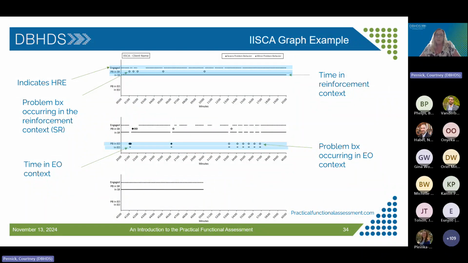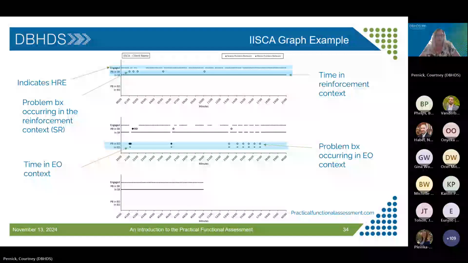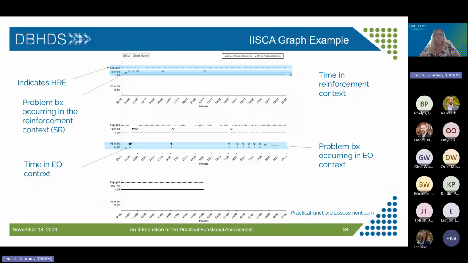the reinforcement context. Then again, at 26 minutes, they progressed the EO with only one incident of severe problem behavior and fewer carryover when returning to reinforcement. And you can see as the analysis goes on that the clinician was able to turn the behavior on and off 5 times consecutively, right around here. And the analysis ends with the learner in reinforcement. You always want to end in reinforcement. And this ensures that the individual is safe and also helps with building rapport.